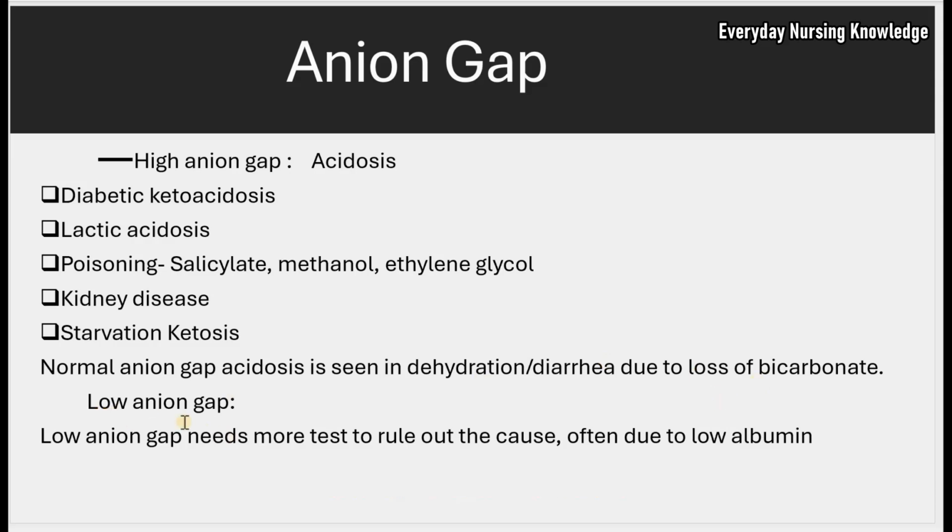Now, low anion gap needs more tests to rule out, but it is often due to low albumin. Albumin is the negatively charged protein in blood, and decreased albumin leads to retention of negatively charged ions, chloride and bicarbonate, that leads to